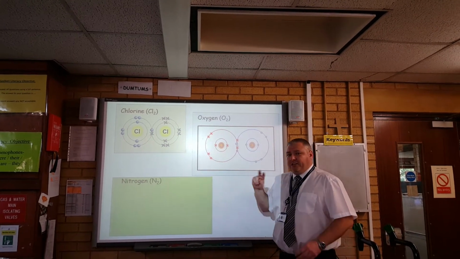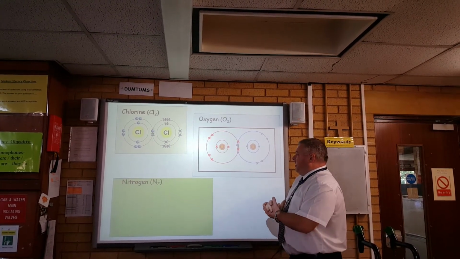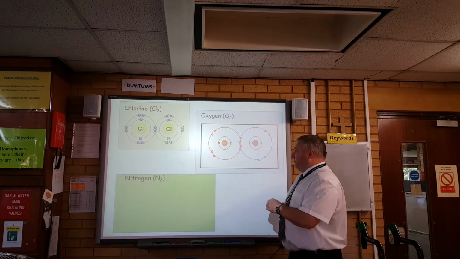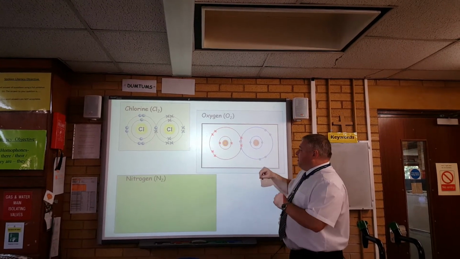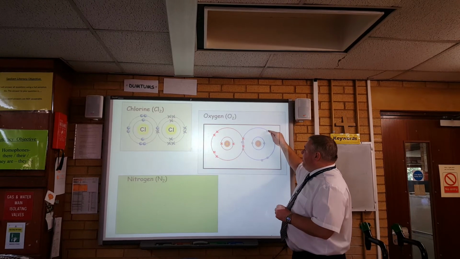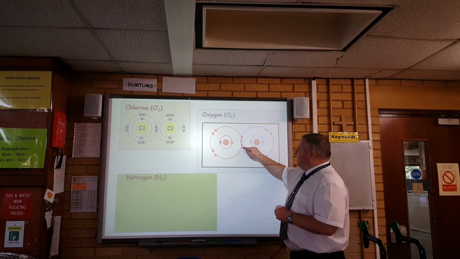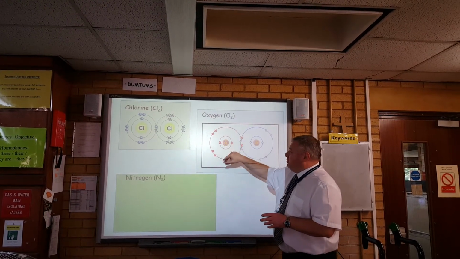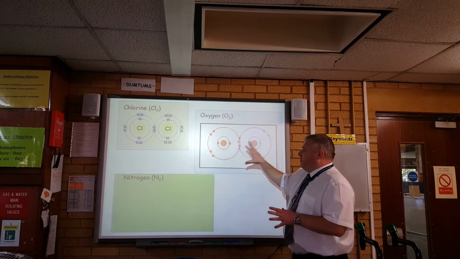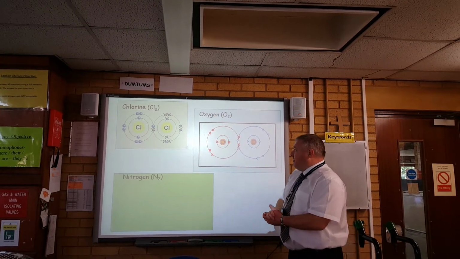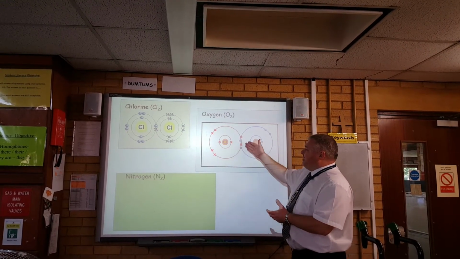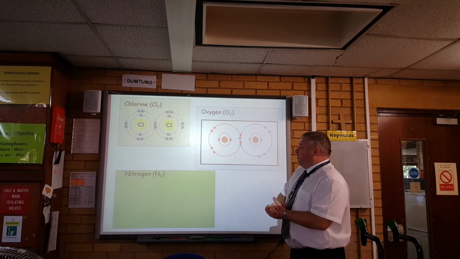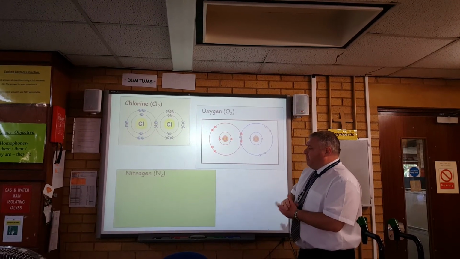Now if these share 2 electrons each, so 2 covalent bonds would be formed. That would be 2 sets of pairs. If we count up now, 1, 2, 3, 4, 5, 6, 7, 8, and if we go the other way, it's exactly the same. So both atoms now are happy because they've got a full outer shell by sharing 2 electrons. If we look at nitrogen,